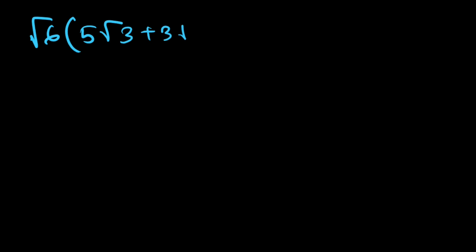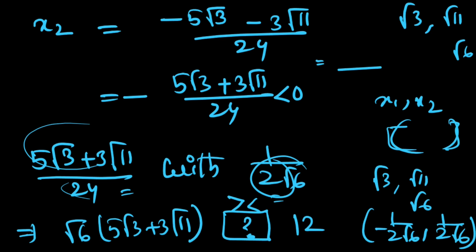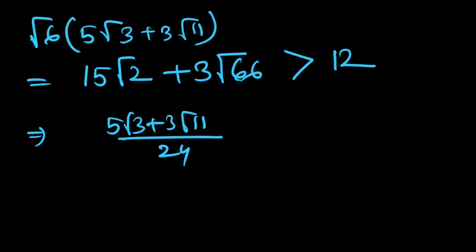So how to check? If we multiply root 6 by 5 root 3 plus 3 root under 11, that will be, root 6 is root 3 into root 2, and root 3 into root 3 is 3. So that is 15 root under 2 plus 3 root under 66. That is actually strictly greater than 12. If we multiply this number by this number and divide by 2, that is actually 12. So therefore this number is strictly greater than 12. Therefore 5 root 3 plus 3 root under 11 over 24 is strictly greater than 1 over 2 root 6,